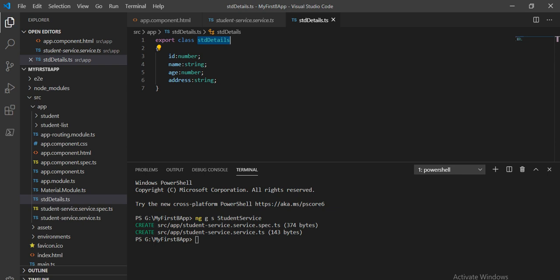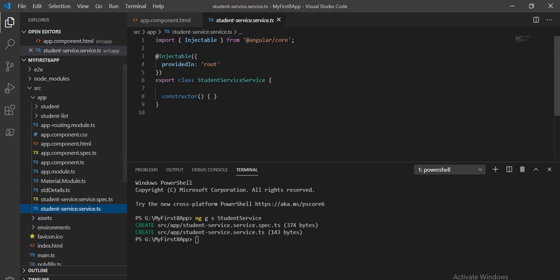Now in this service class I will create one dummy data which we are going to show on the browser. So let's create that. I will take one variable first, studentInfo, and the type of this studentInfo will be an array. What kind of array?